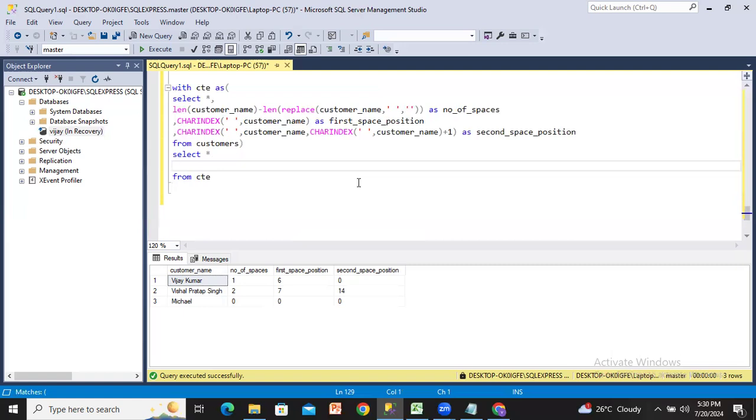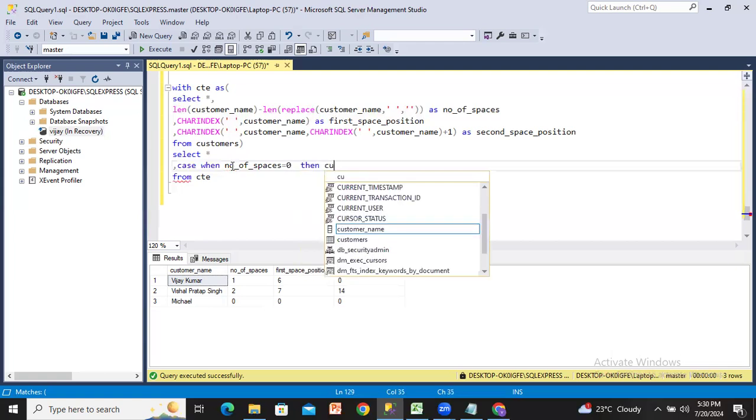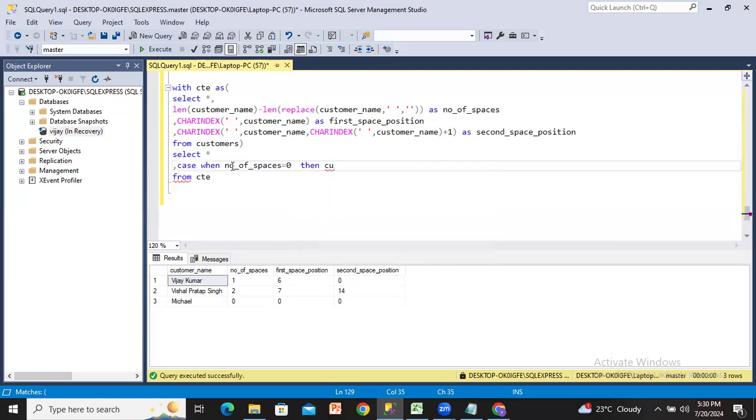So first, we'll write a case when number of spaces equals 0, then customer name, else